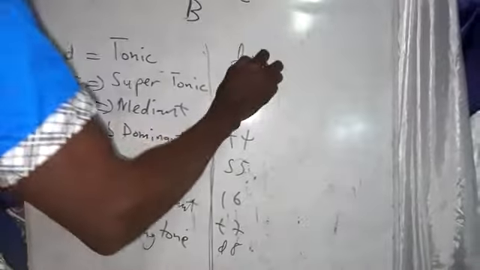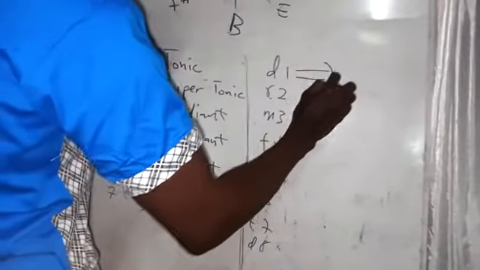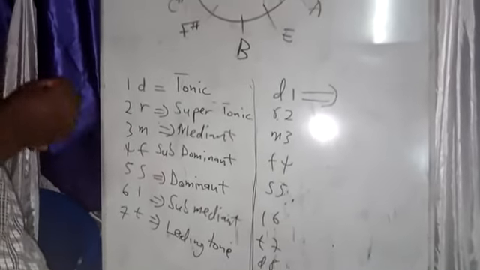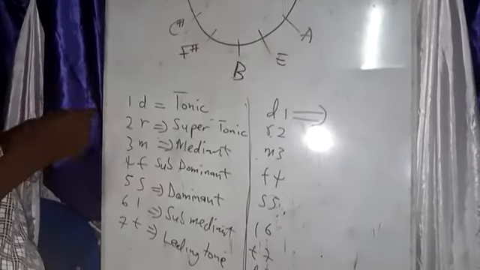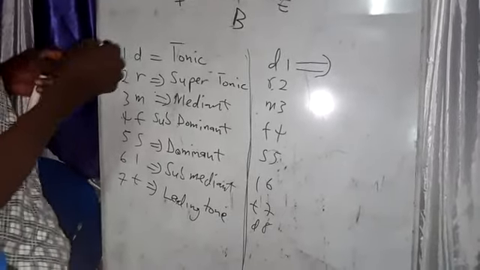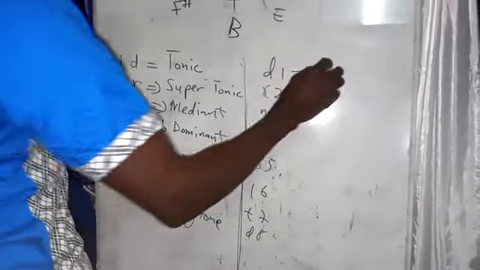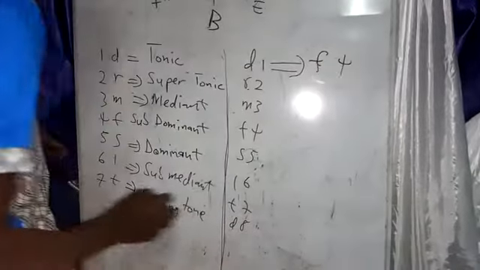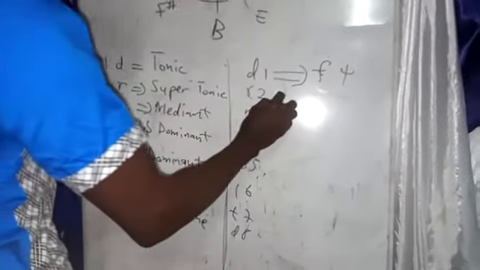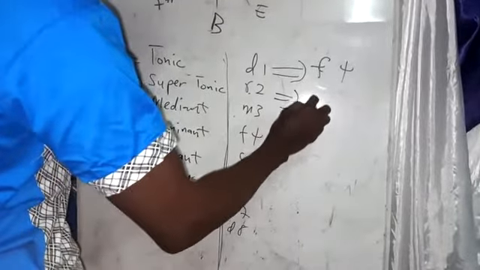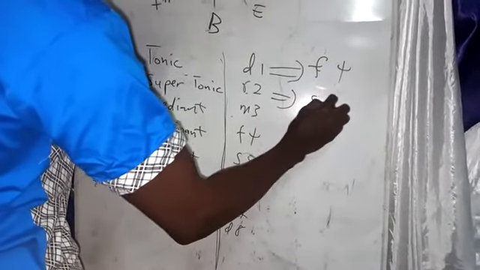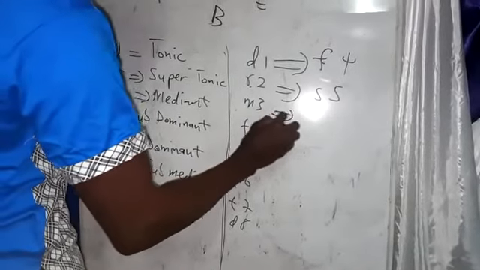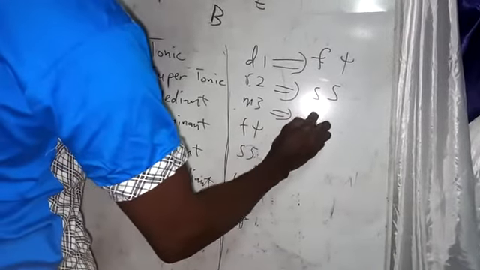Now the do can go to any chord. We are talking about chord progression, how the progression goes. This is not 100%, but it's about 80%. The do can go to any chord, but let's choose 4, which is the fa, the fourth note. The re goes to the dominant, the so, which is the fifth note. So the mi goes to the sixth, which is the la.